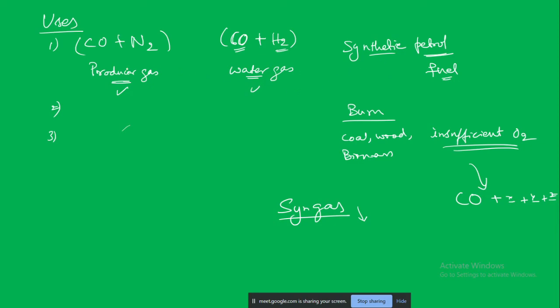These things can be produced from this carbon monoxide: methyl alcohol, sodium formate, phosgene gas. Also for the purification of nickel, it is again the same thing, the oxide form. From the oxide form you can reduce it into the metallic form. So these are some of the uses of carbon monoxide.